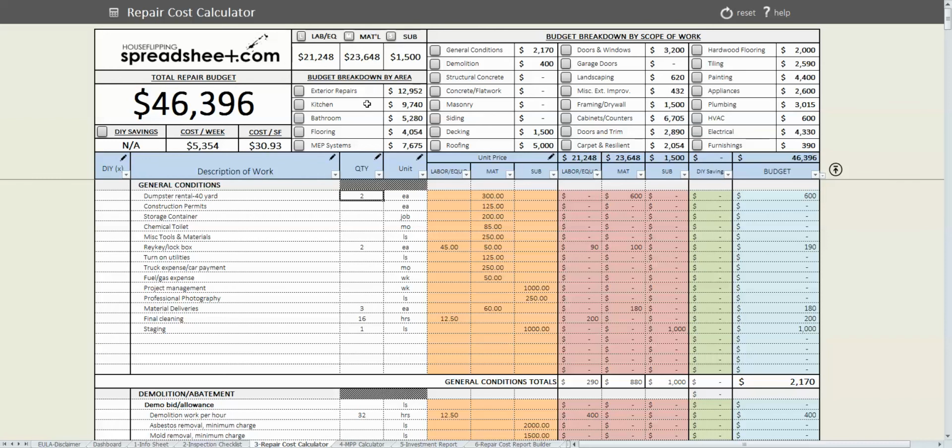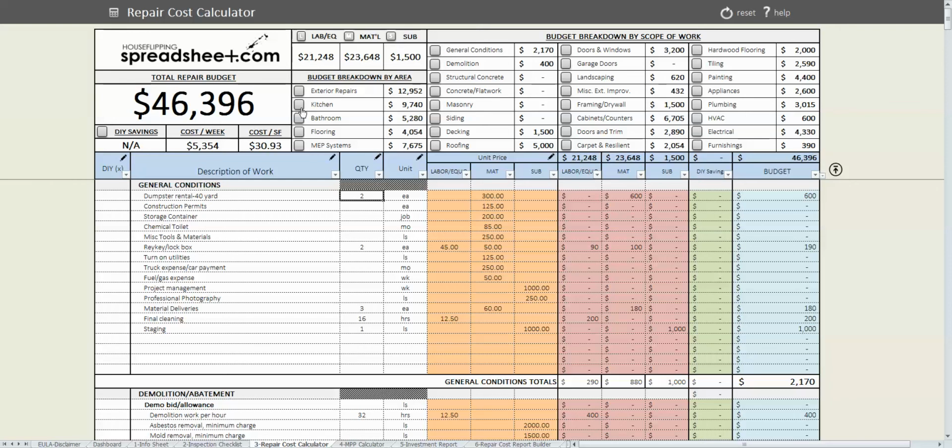I know we're spending $2,500 to $3,000 per bathroom, so it looks like we're within that range. And then MEP systems, that's your mechanical, electrical, plumbing systems. What I will note, and I'd like to click on one of these buttons for you and basically show you what it does. If you click on kitchen, so let's say we want to reevaluate our kitchen estimate that we